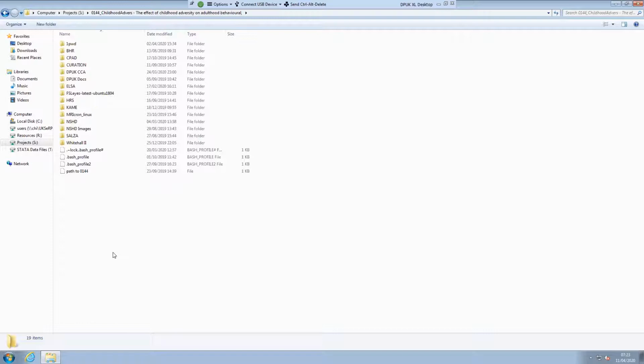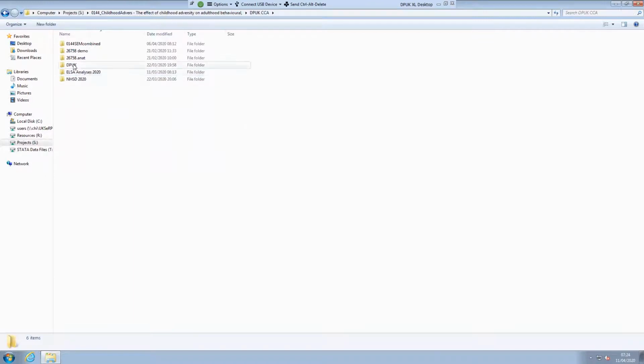And this also applies for data which you've collected yourself. You're able to upload this in your project folder and no one else can access it except yourself. And this can be removed after the end of your project. It does not belong to DPUK. So if we go into a project folder here,